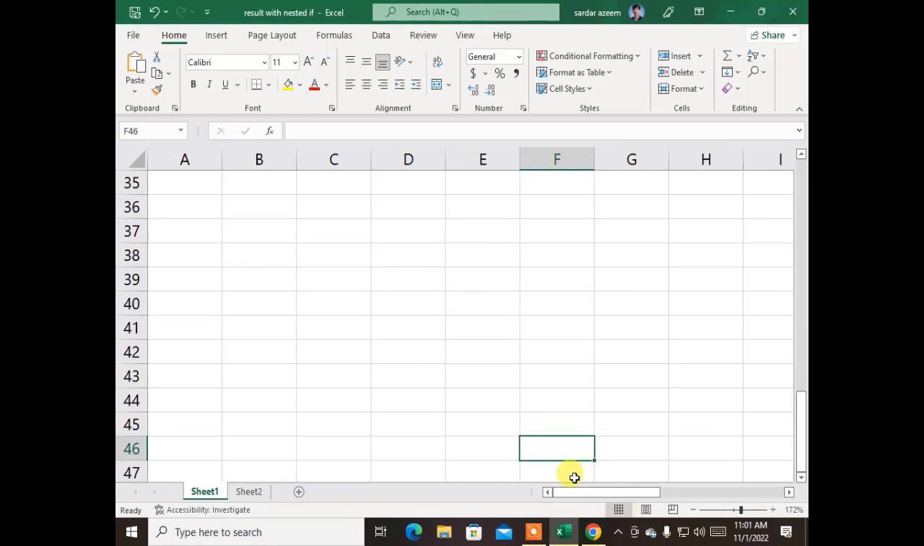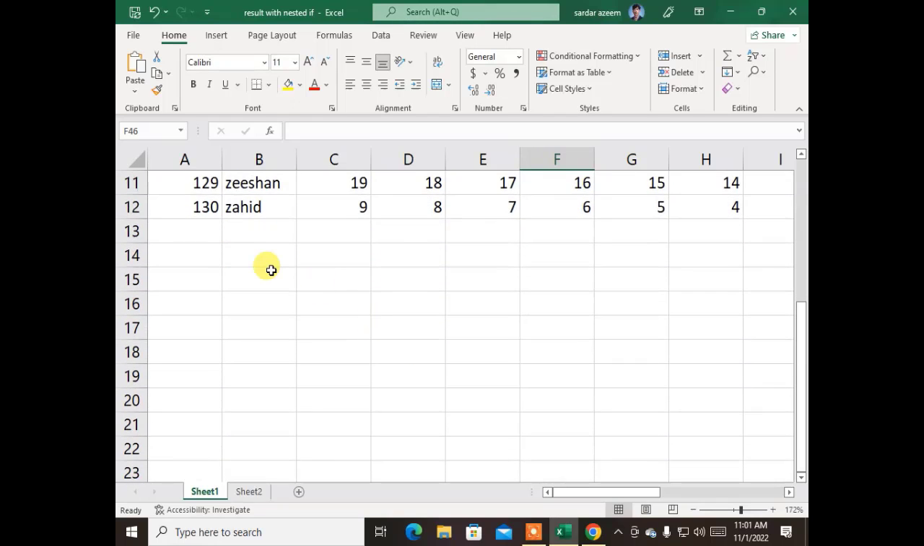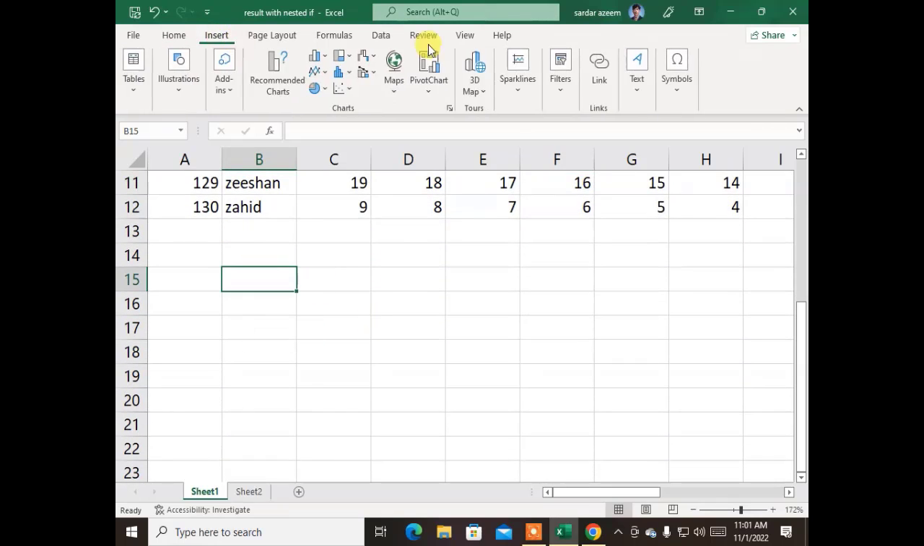Now we'll go back to normal view. When we go back to normal view, you can't see the header and footers. The next command is